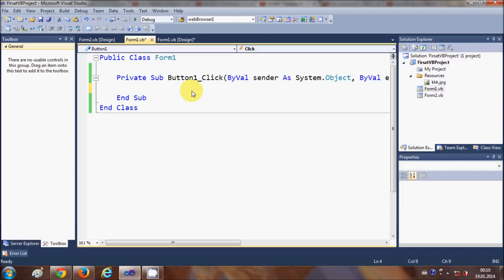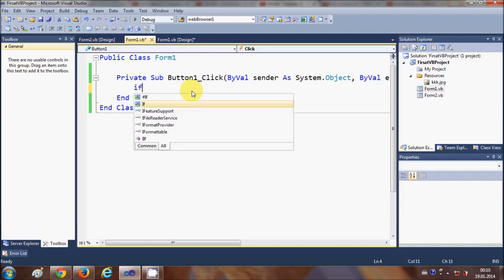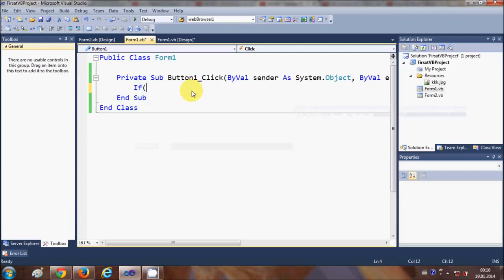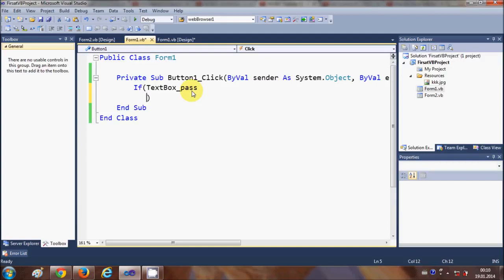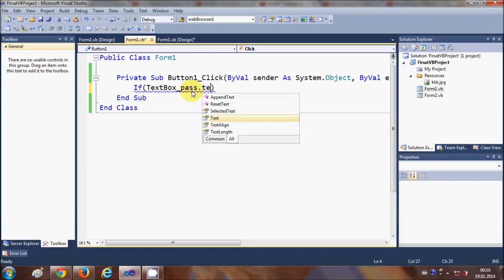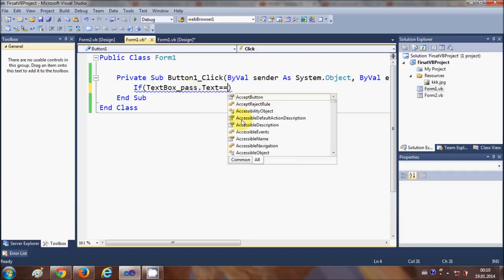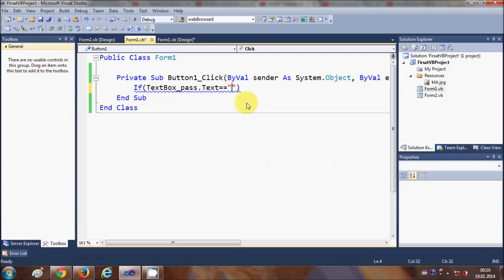So I'm going to delete this, and I will say if, and make a bracket, and I will say if textBoxPass.Text is equal to double quotes, and give any password which you want to match. So for example, I give the password 12345,